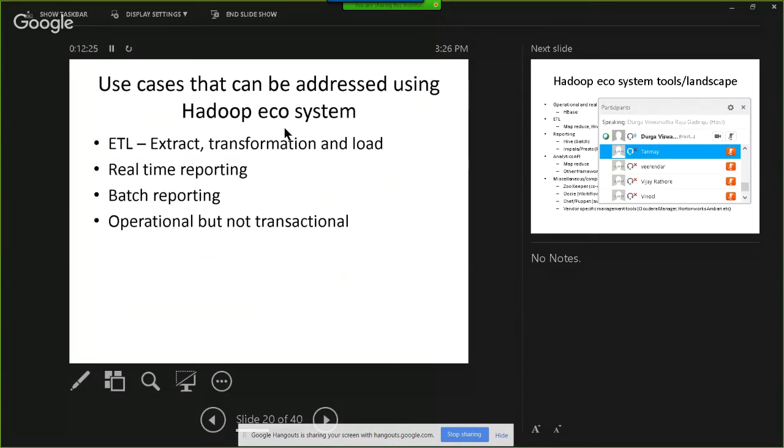And what are the use cases that can be addressed? ETL, we can do data processing through the Hadoop ecosystem. We can do real-time reporting using technology such as HBase, but with limited capability. It will not be as robust or as flexible as the traditional BI tools, but we can do minimalistic